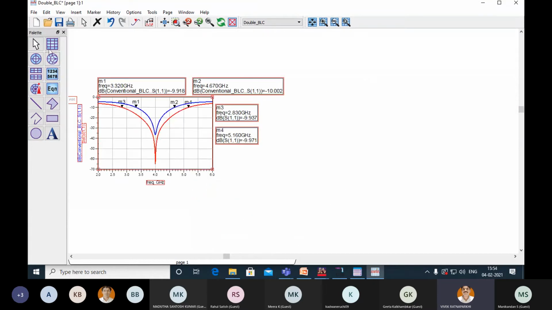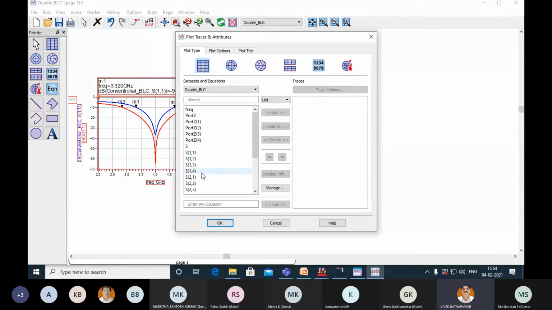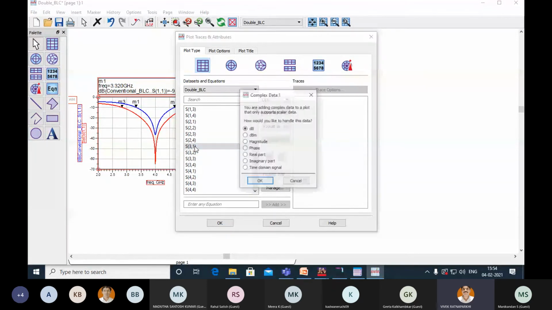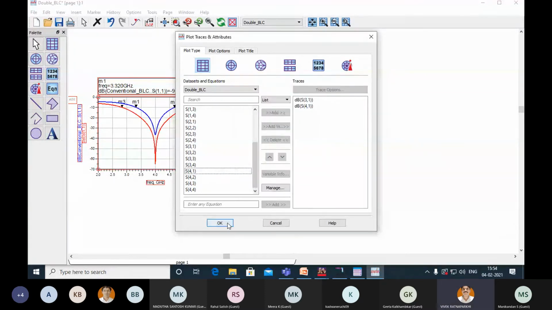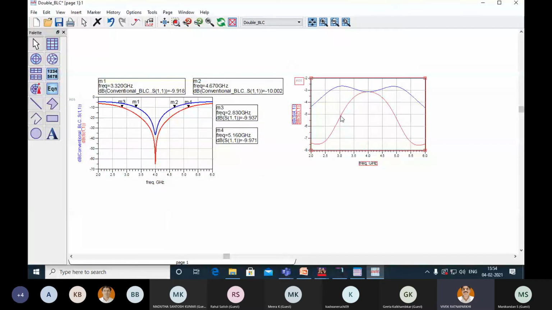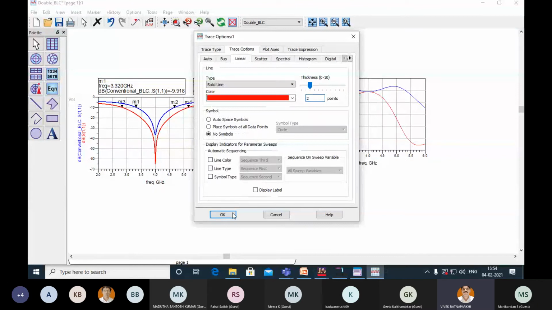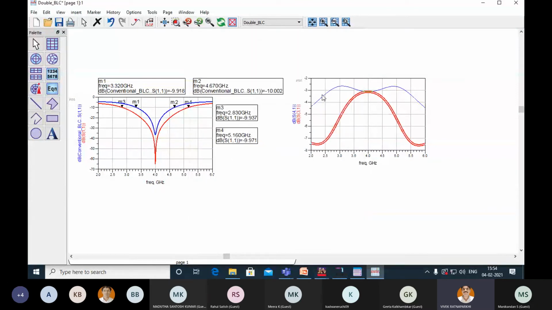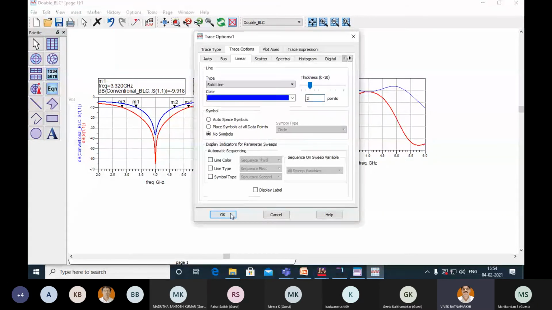So coming to Mani's question, whether it is good or bad, we have to also plot S31 and S41 for both the couplers. So let us do this. S31 and S41, this is for the double box, remember, because I am doing this in the double box schematic.